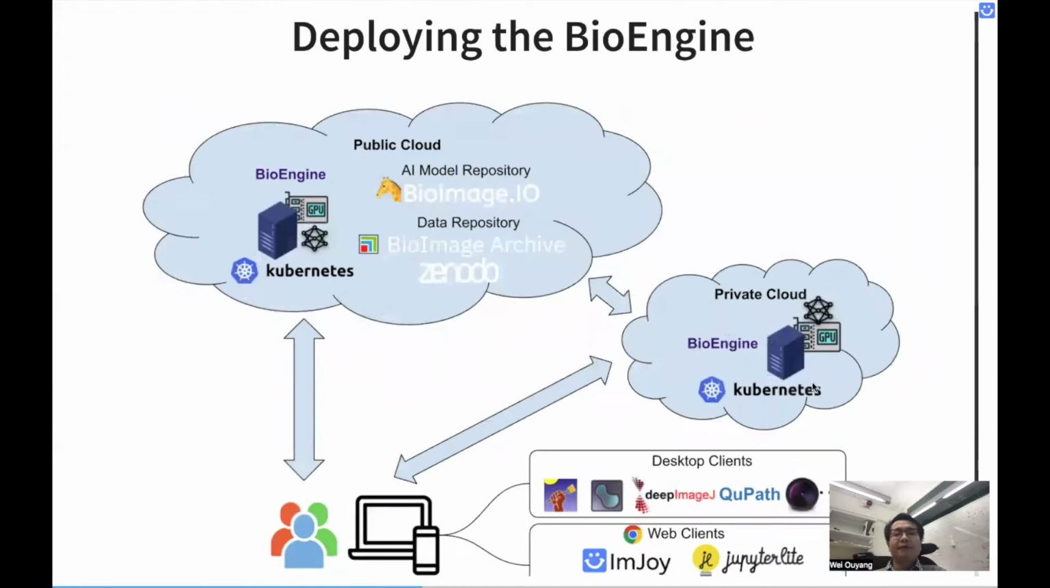The way we are envisioning is that BioEngine can be deployed in the public cloud. For example, it can be a commercial cloud, AWS or Azure from Microsoft or Google. And this can allow public access or access with authentication. The other way to deploy the BioEngine, which I think is more interesting for many of the users, is that they can deploy their own instance in their institutions,